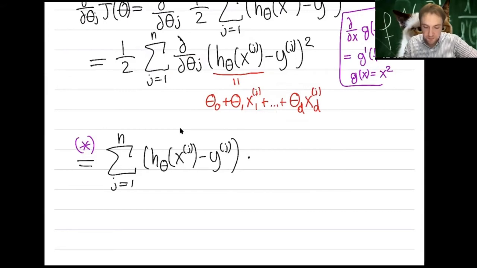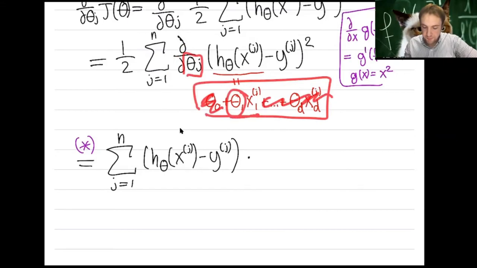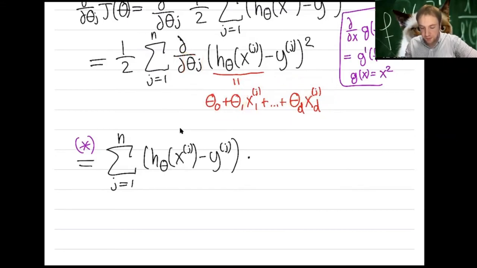So for example, if I take the partial derivative with respect to theta 1, then everything vanishes, except for this here, and the derivative of this with respect to theta 1 is just this xj1. So in this case here, the only thing which survives, if I take the derivative with respect to theta j,